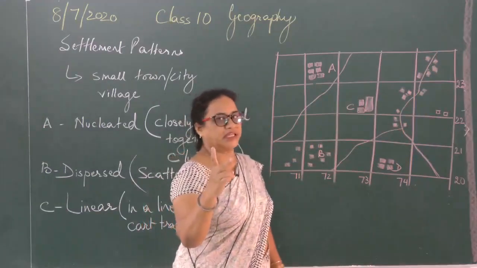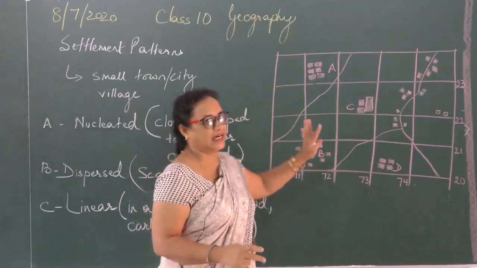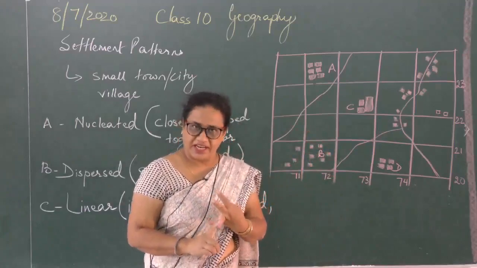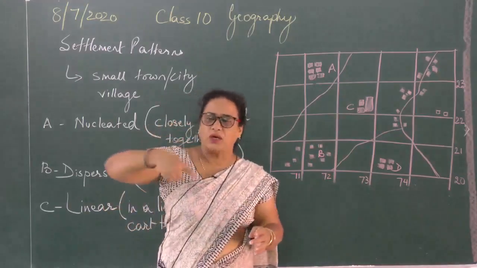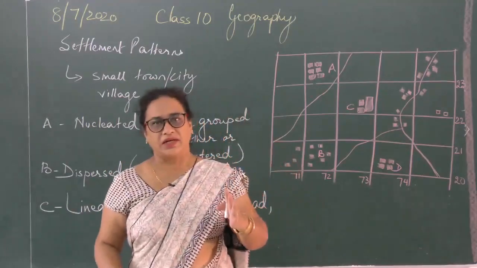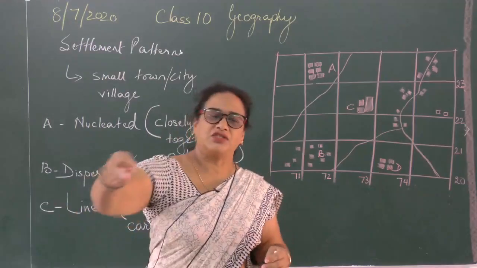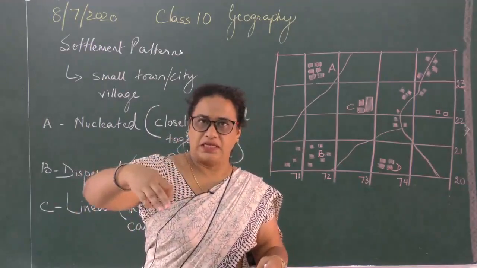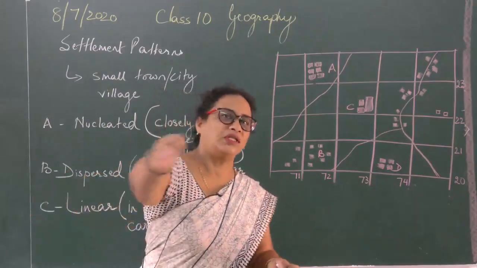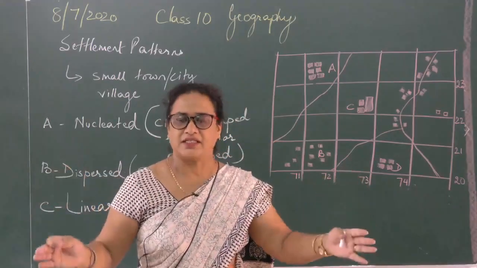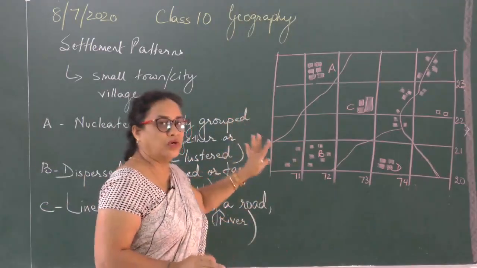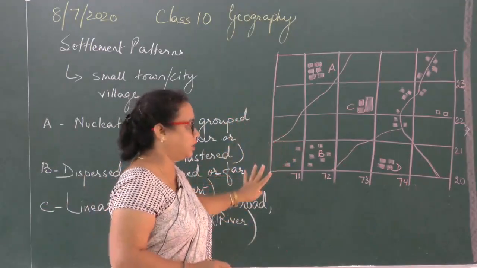Clear? Two more types of names are there in the textbook, but you hardly come across them. One is radial and one is rectangular. Radial, I am just explaining, will be around a water body. Clear? A lake or a pond. Example of Bangalore I will give you. Bangalore is a city which is constructed around a lake. Clear? Which is the source of water for the entire city. So that settlement means all the houses are around that lake. The entire city is centralized on that lake. So that is an example of radial. You do not come across it in the maps. That is why I am not making you write down.